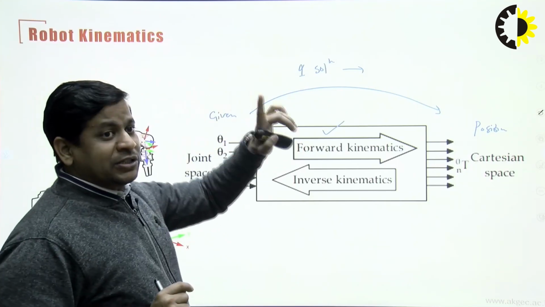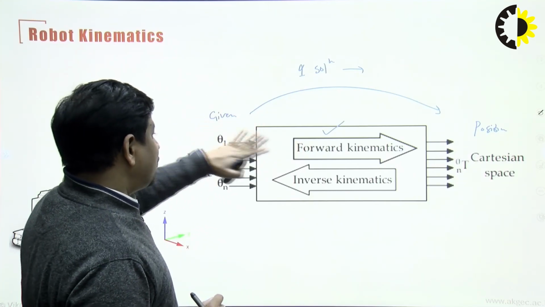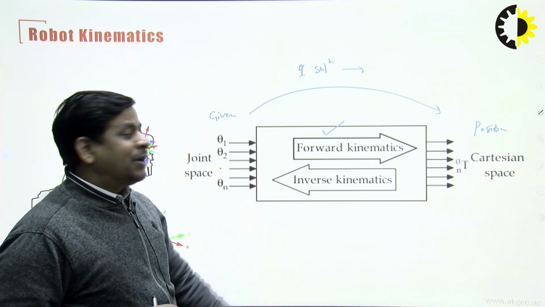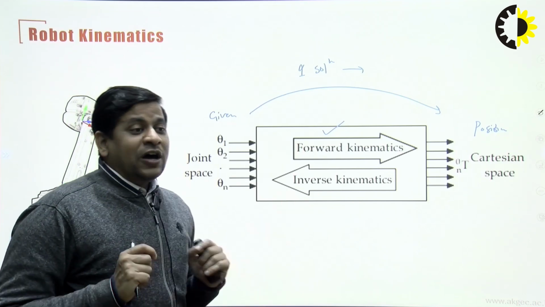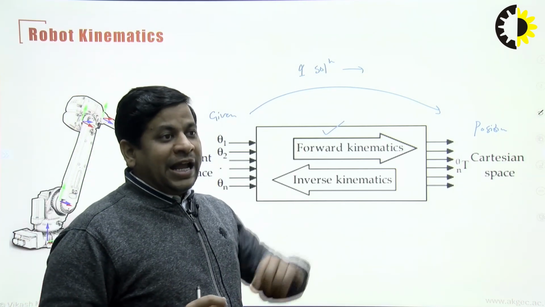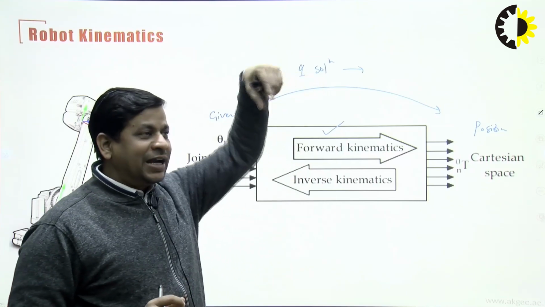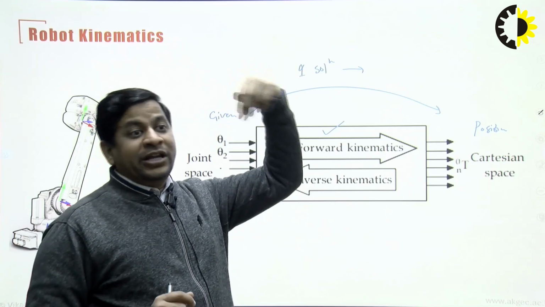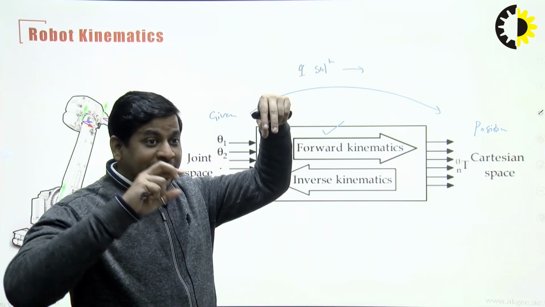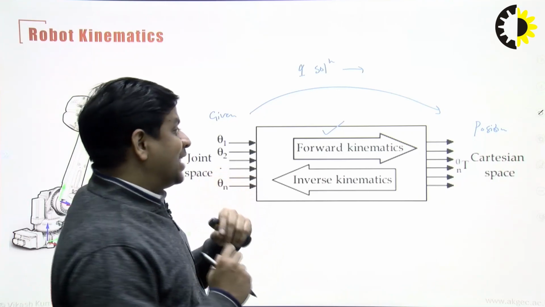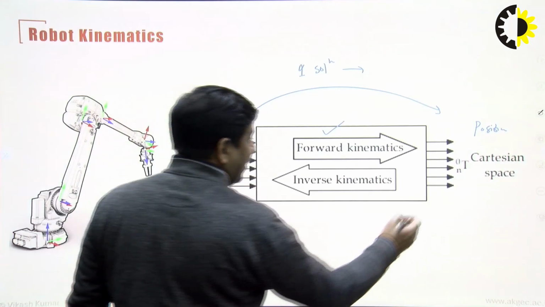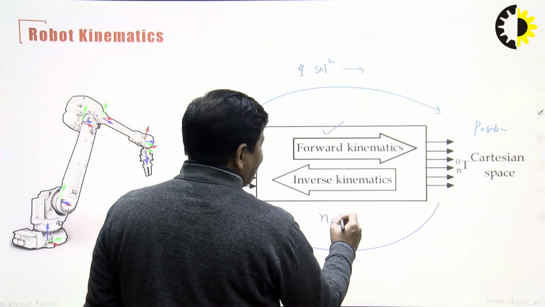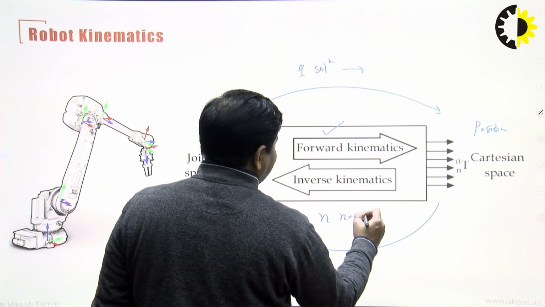So, only one solution is possible in the direct kinematics case, or forward. But vice versa, if we follow the inverse kinematics case, it means you are free to configure your robot as per your target. The target, or the location where you have to carry your end effector, is fixed, but you can play with different angles of the robot. So, if we follow inverse kinematics, I can say n number of solutions is possible,